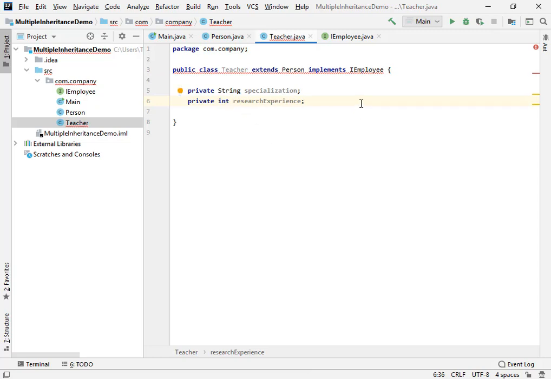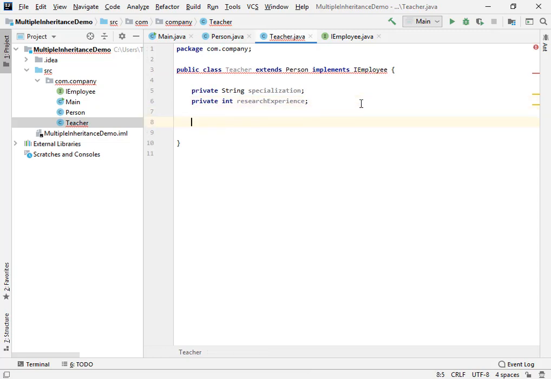After this we're going to have a constructor, right? A constructor that would also call all the fields which are available within this particular person class. Okay, because you know, when you inherit from any class, you have to initialize the constructor of that class also. So now we're going to do this with the help of the